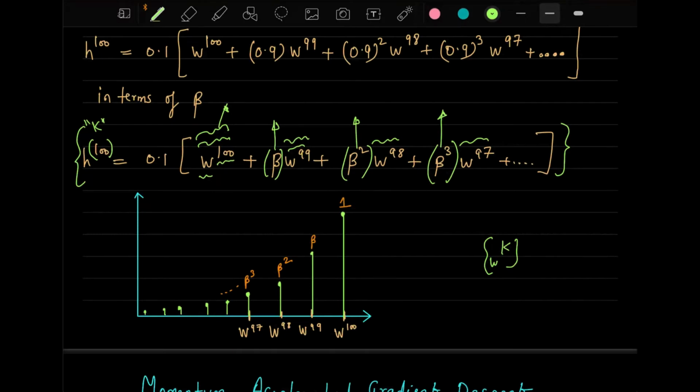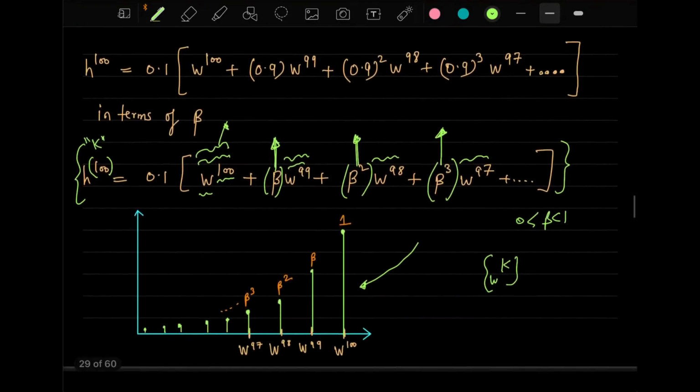This discounting actually normally comes from the reinforcement learning concept. I feel that there is something similar here also, but keeping this apart. The thing is, this beta are not rewards. This beta are the weights which are between 0 and 1, and it's an exponential profile that you will get something like this. So for each W you are getting a beta multiplied with that. So this is the profile, and it's exponential, that's why we call it exponential weighted average.